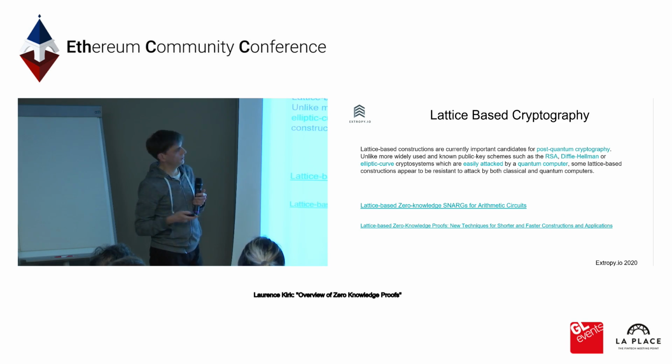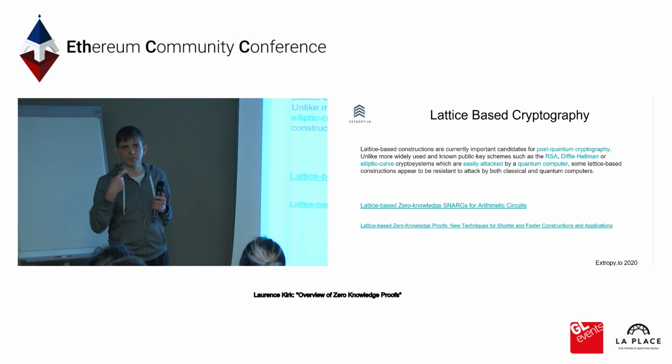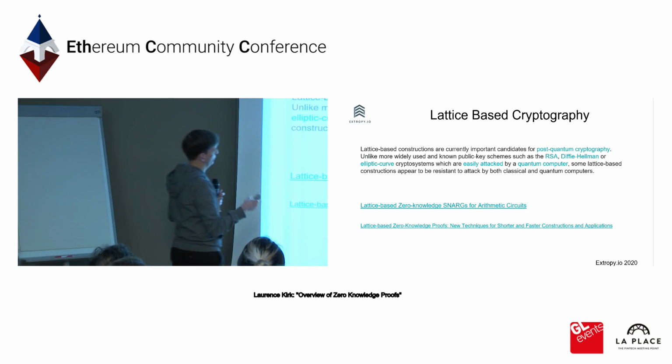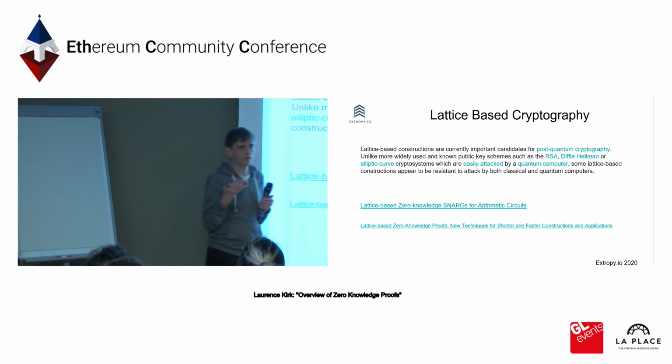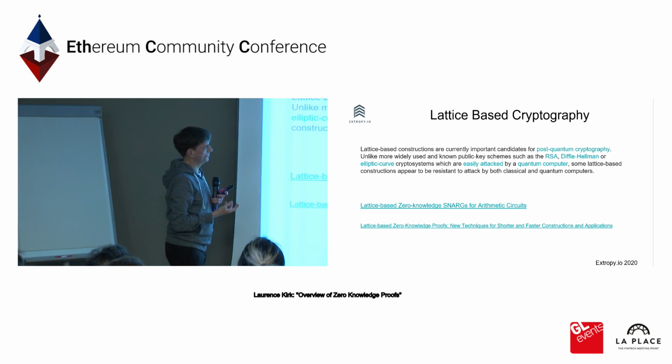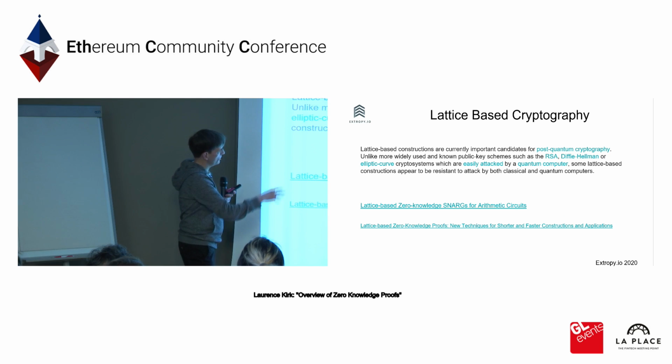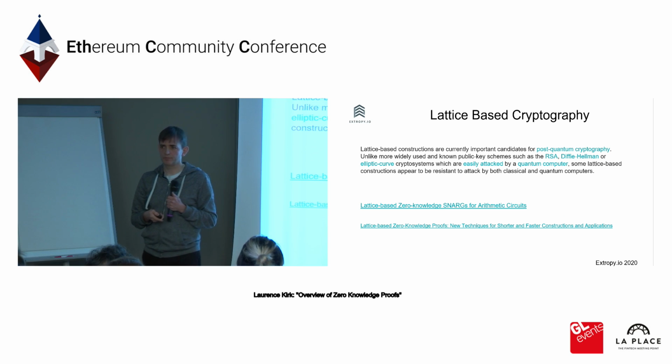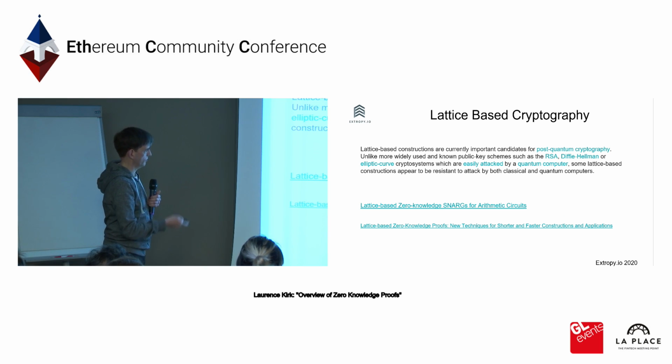And so there's been research coming out of lattice-based cryptography. This is a type of cryptography that is quantum resistant, relying on problems such as, I think it's the nearest vector problem, to produce similar ideas that you get with your elliptic curve cryptography, but in a way that is quantum proof. And then people have taken that, and there are some projects where they've used that to start to build zero-knowledge proofs as well. So links to some there.